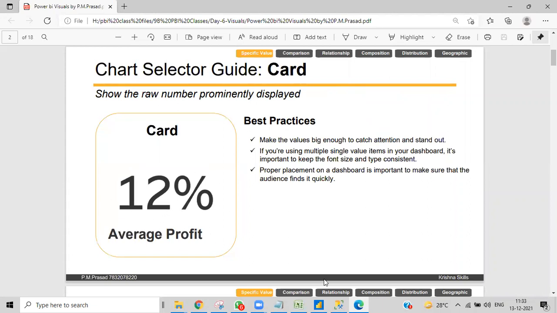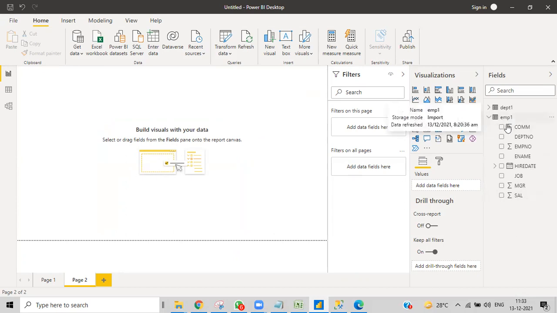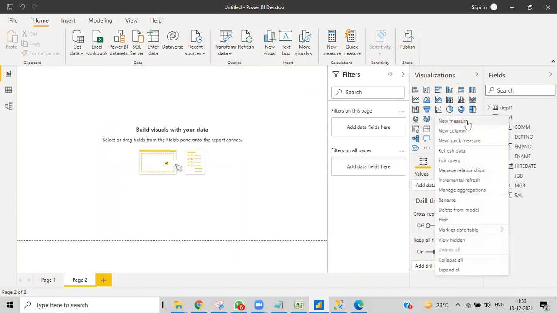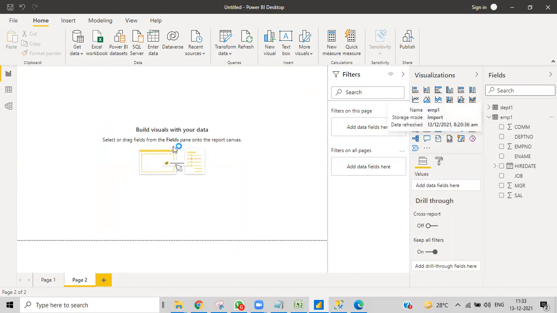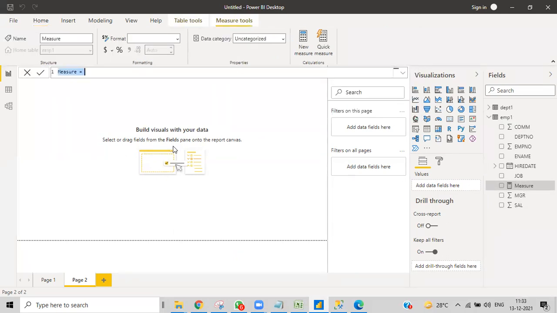So I'll create a card here. Before that, I have some employees and I want to show the total sales. Obviously I can write a measure, and even though we can directly drag and drop, I'll still show you how to do that, as it will be useful further on.